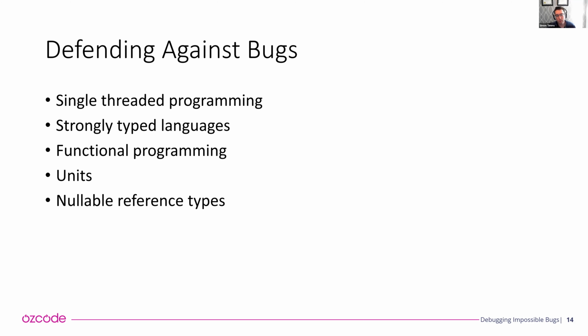Unit support inside of languages is another fantastic thing. If you're doing any sort of mathematics or science calculations, then having units attached to your numbers inside of a programming language is a fantastic way to avoid bugs. You might remember a few years ago, NASA unfortunately crashed a rover into Mars because, I think, they missed Mars completely because of a unit conversion problem between miles and kilometers. So if they'd been using a language like F# that had support for units in it, then they would never run into that problem, because the compiler would have said, oh, you're trying to add two incompatible types. You can't add miles and kilometers together without doing a conversion from either miles into kilometers or kilometers into